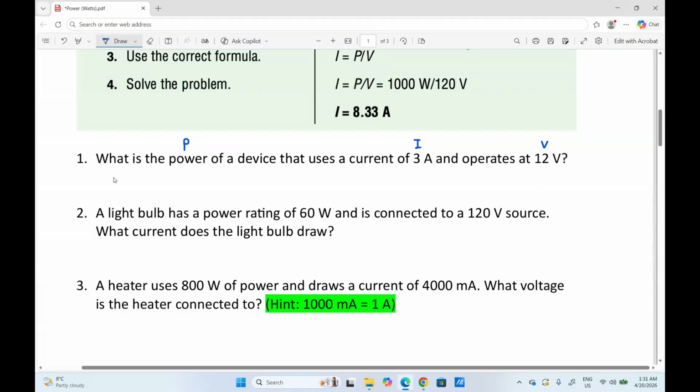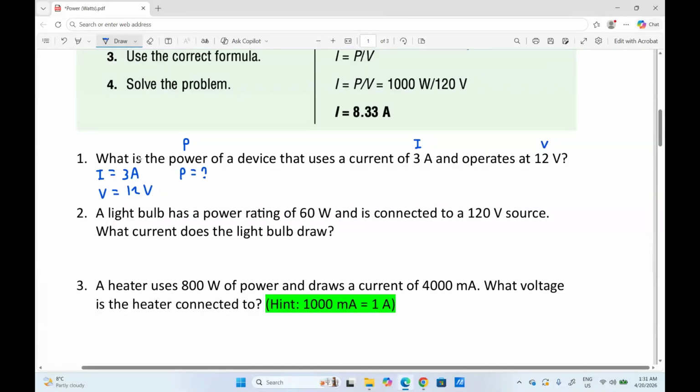So right now, here's what I like to do. I like to write down what I have and what I don't have and what I'm looking for. In this case, I have current. It's represented by I equals to 3A. And I have voltage, which is represented by 12 volts. And what I'm looking for is power, because they asked me what the power is, but I don't know what